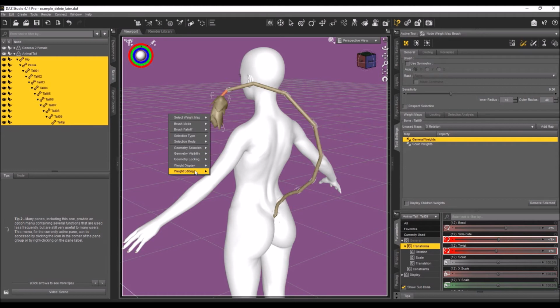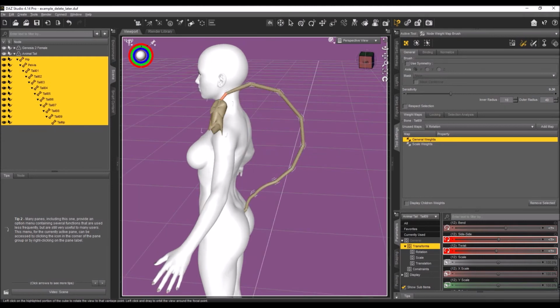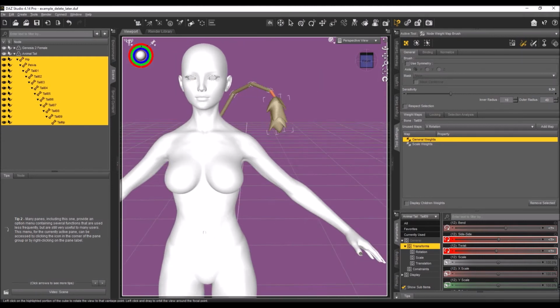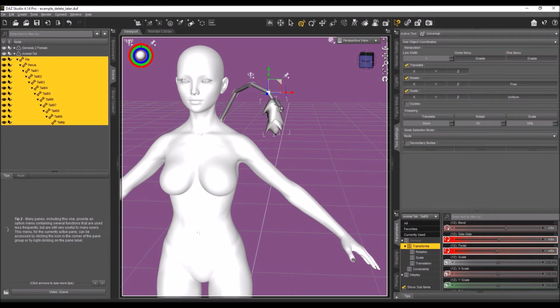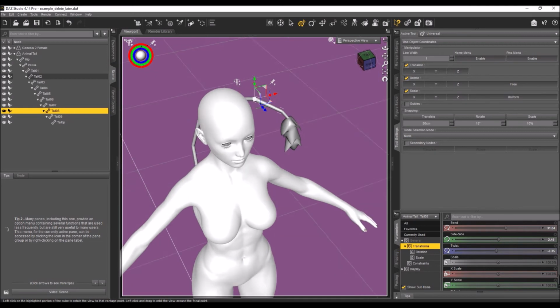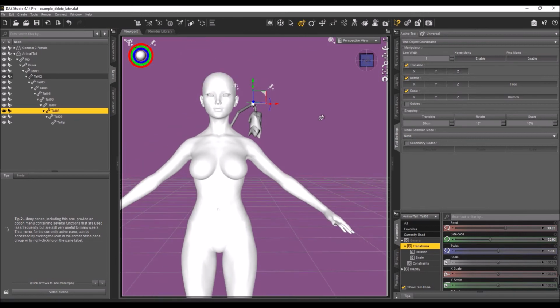So first we're going to use geometry selection, select all, so now it is completely marked, smoothing the selected a little bit and hoping that it will move a little bit smoother so we don't get all these rough edges in the finished product. But yeah, this is basically the implementation, the rigging part of it,